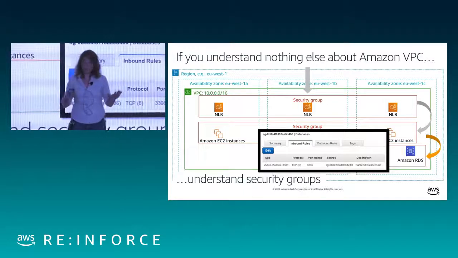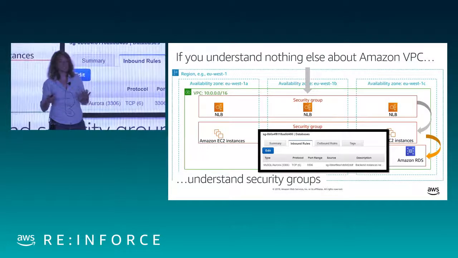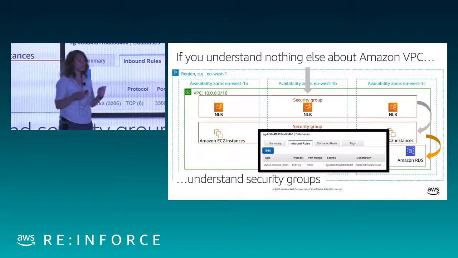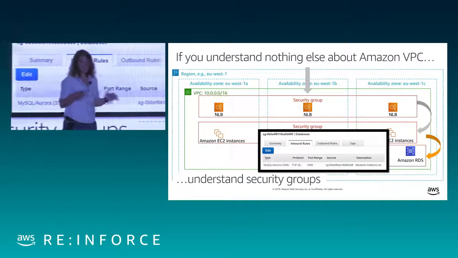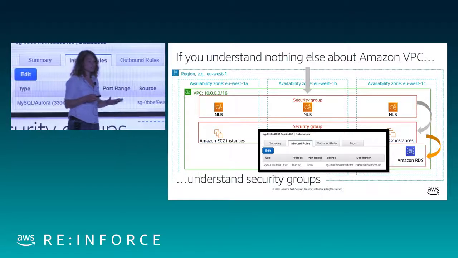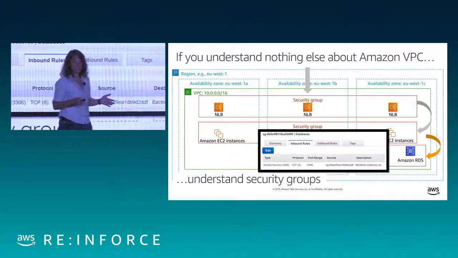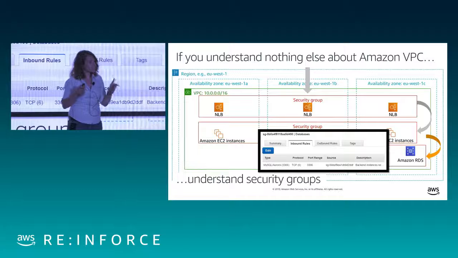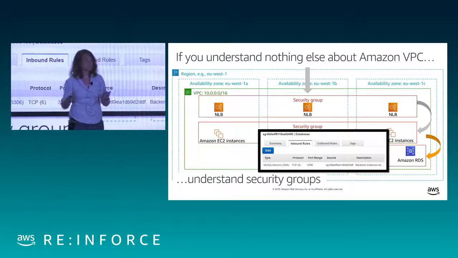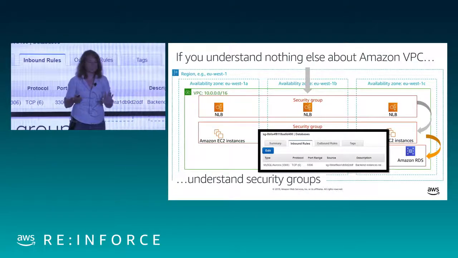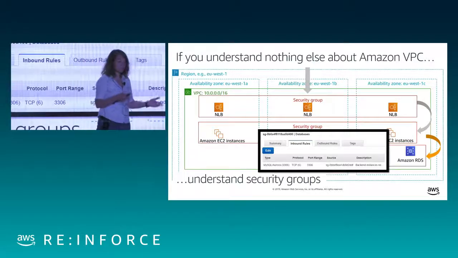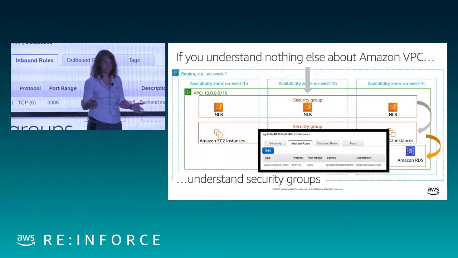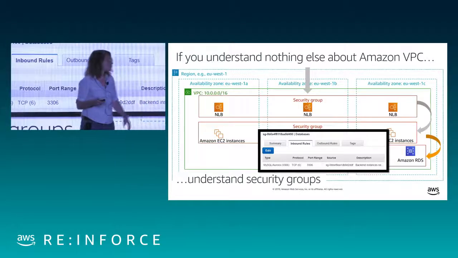So the pattern to look for is whenever you're launching something that's going to go into your VPC, the AWS service that you're working with is going to ask you about security groups. And that's a time for you to ask the question, okay, what traffic am I expecting in and on what port? And to write a specific security group for that and launch whatever infrastructure that is into that group. So that's the pattern to look for here.